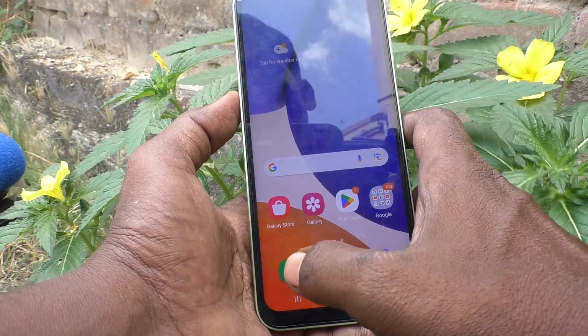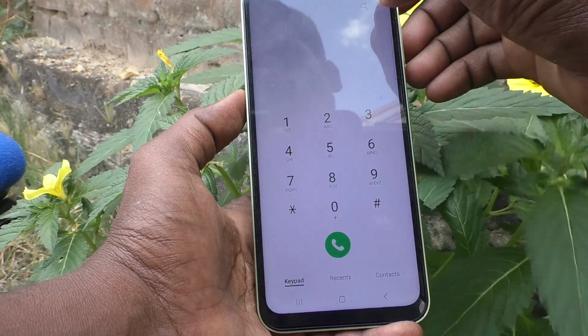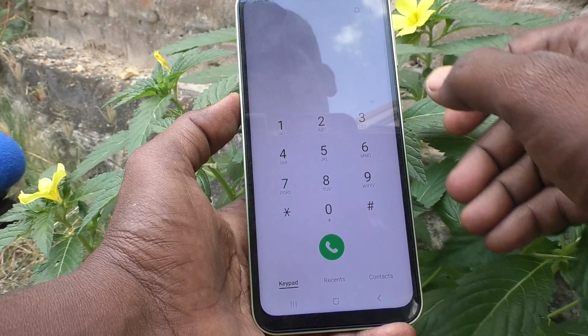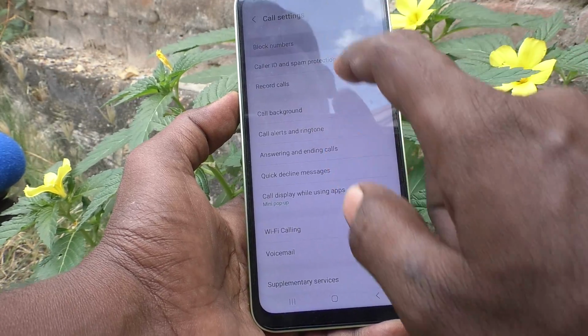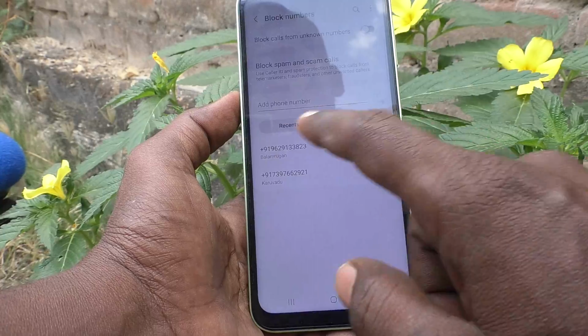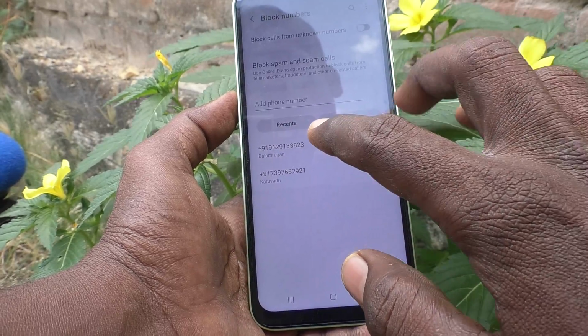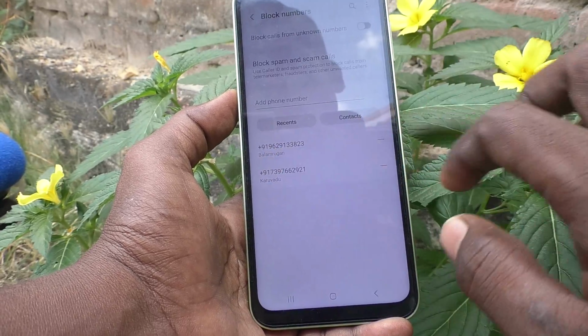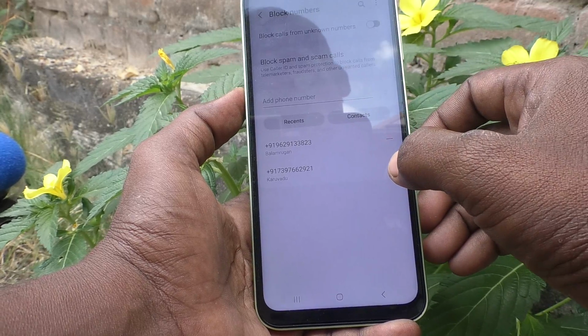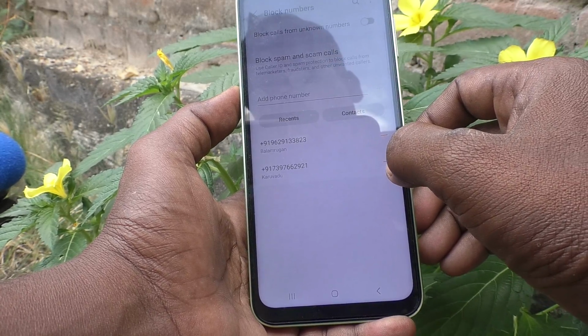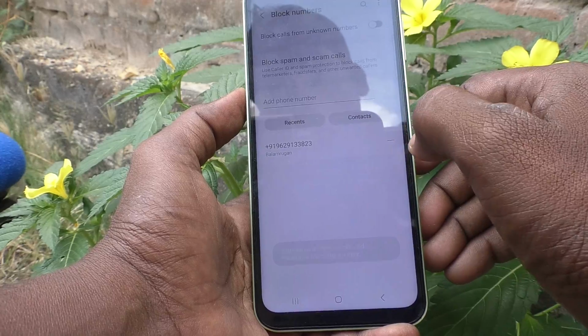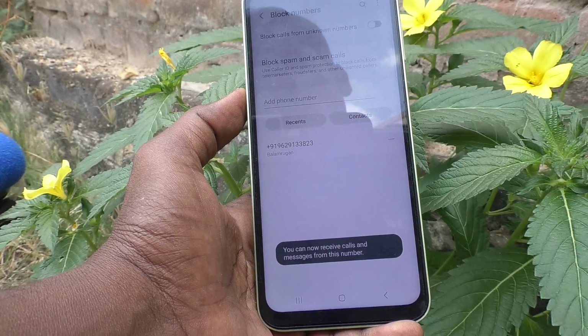What you have to do is go to the dialer button here and go to these three vertical dots, click on settings here and go to block numbers, and you will have the numbers listed here. I have already blocked these two contacts, Balamurugan and Karuvadu. If you want to remove Karuvadu, just I should use this minus symbol, and Karuvadu is now removed from blocking,